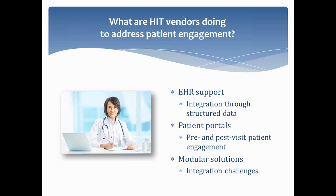For example, in the pre-visit, there are vendors that have had intake form systems or pre-visit education for many years. Now that I know what you're coming in for, let me make sure you're educated about that. Reminders for their appointment. Appointment scheduling services, which have really been around for 10 or more years, and then now we're seeing a lot more on the post-visit side, which I think is where there's a lot fewer solutions, and the solutions that do exist are much more limited, and that's providing real treatment plans and education that is tied into maybe that patient's diagnosis or suggested treatments and